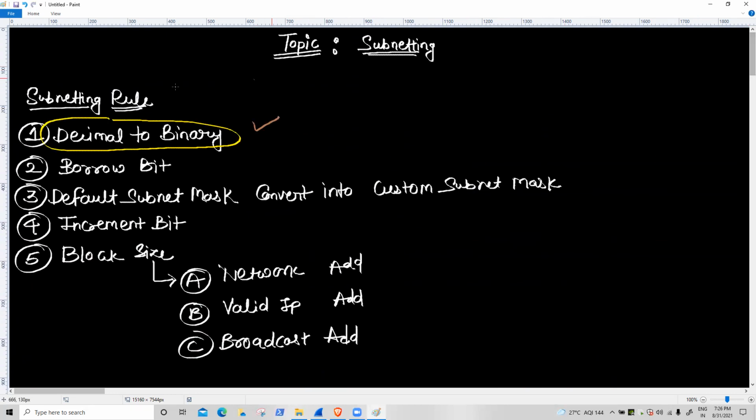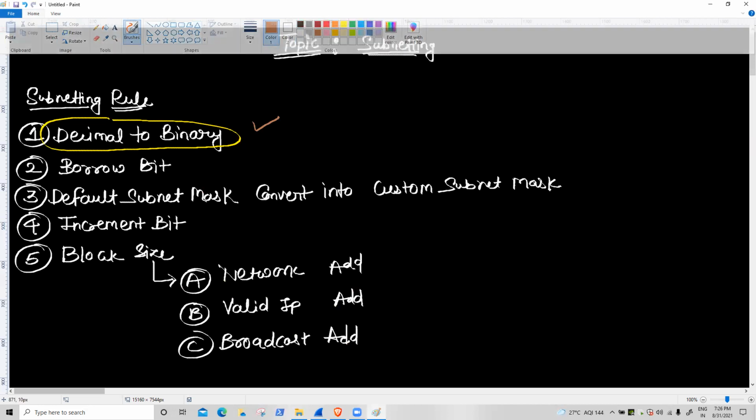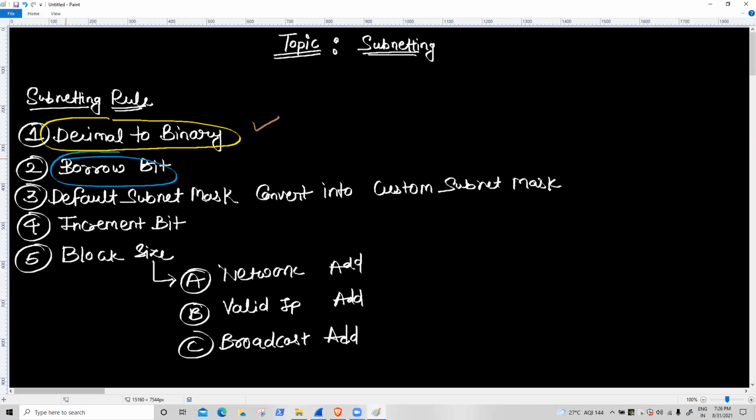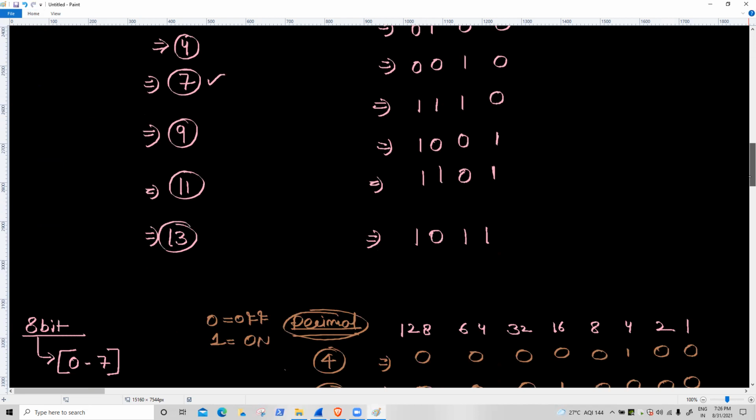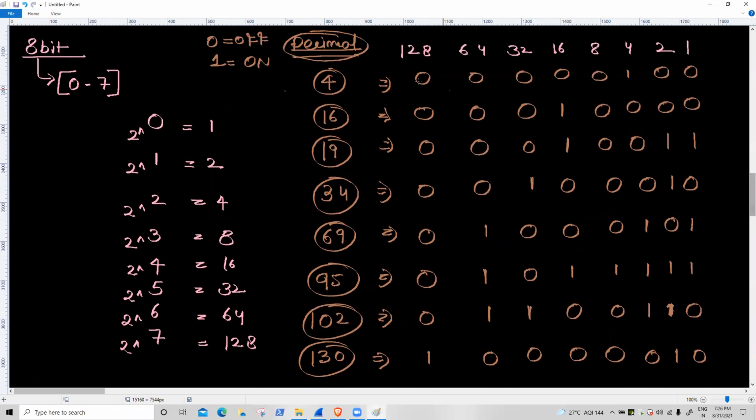Okay. Right now, the second process is the borrow bit. The borrow bit. How to get the borrow bit? Coming from this side, get the first on bit. On bit means this one is off and this one is on. First on bit position number. So right now this one is first, second, third, fourth, fifth, sixth, seventh, and then 8.